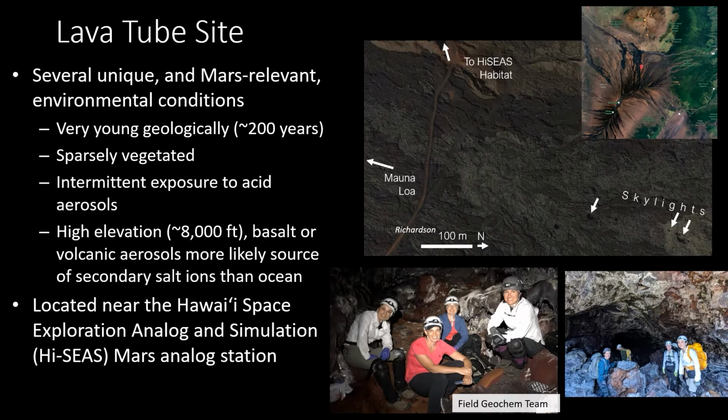The young age also means that these flows are very sparsely vegetated. So this is more Mars-like, and it also reduces the chance that organics detected in the materials analyzed inside the tubes are derived from plants, which would be a less Mars-like source, obviously. And I won't go into a lot of the details of the organic analyses, but we did also perform some organic analyses of the tube materials. So it's kind of wrapped into that sparsely vegetated comment and why I mentioned that.